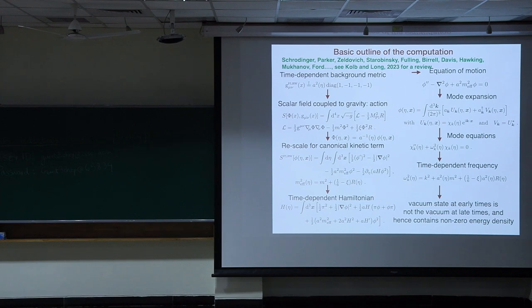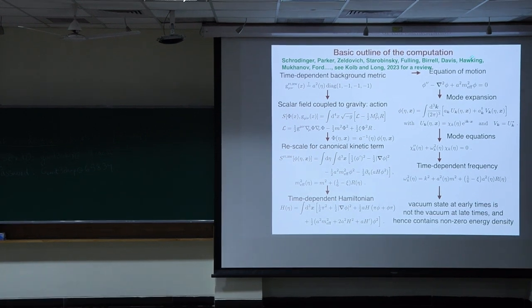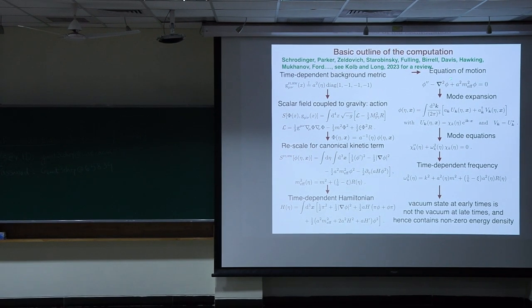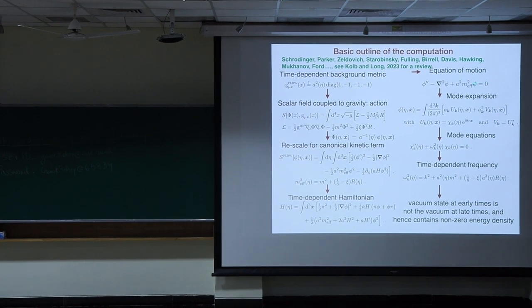Wait. So for simplicity, assume everything is Weyl invariant. So your xi there is 1/6, and the mass term, the eta dependence goes away. But even in that limit, you'll get a contribution from the Ricci scalar in the upper part of the Lagrangian, which has derivatives of the scalar potential. Yeah, still, even in that limit, there is a time dependence, right? Because there's a square sitting here. Yeah, no. So you do the rescaling there, right? A inverse that removes the a square dependence. In terms of this rescaled field only.